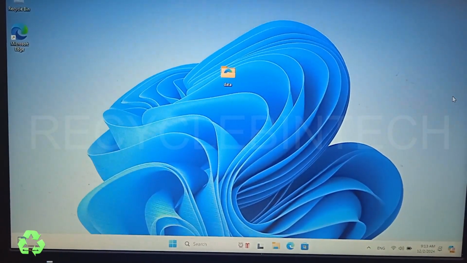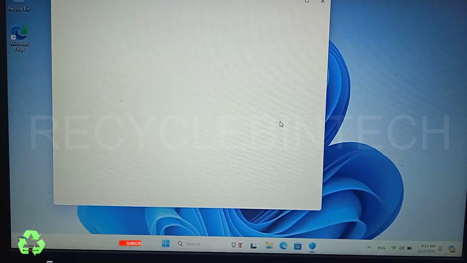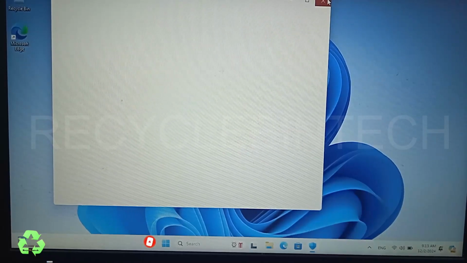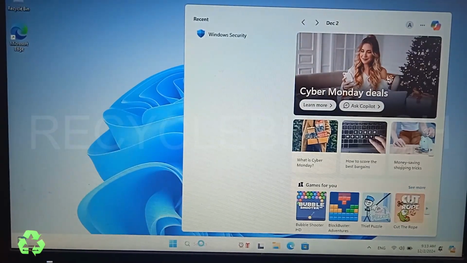After closing the screen, now let us open it and see whether the problem is solved or still the same. So the problem is still the same. Now again we are going to close this one. Now the next method: we can type over here